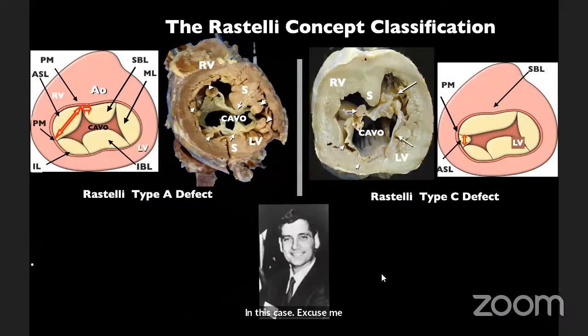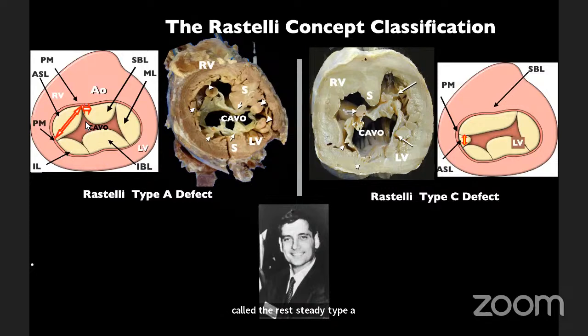Now, who was responsible for all this was Dr. Giancarlo Rastelli, and this is Dr. Giancarlo Rastelli, who died, unfortunately, before he became a great surgeon, because he had lymphoma and died at the Mayo Clinic. And here you can see the cartoons of the canal that he called the Rastelli type A, where there